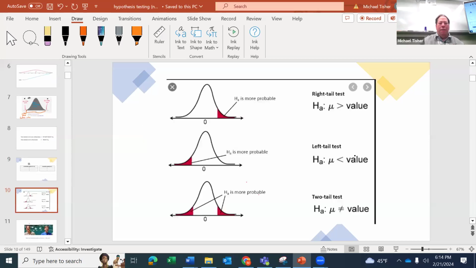Okay, now in my stat lab, they're going to talk about something called a right tail test, a left tail test, and a two tail test. So if the HA is mu is greater than something, then we use a right tail test. Greater than points to the right, so you can just remember that. Likewise, the less than symbol points to the left, so we use a left tail test. And if you're either greater than or, let's see,